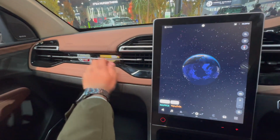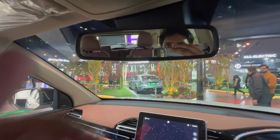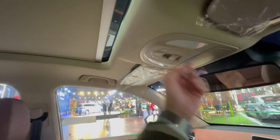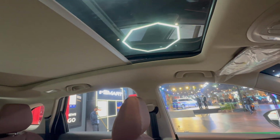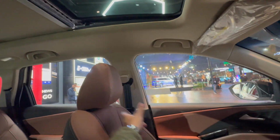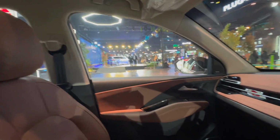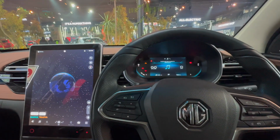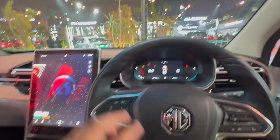The dashboard is something that I love because of these redesigned AC vents with this aluminum and gloss black and a soft leather treatment. So that's really nice, contrasting colors also. Sunglass holder at the top with the cabin lamp controls. Obviously, you get automatic, powered sunblinds and a panoramic sunroof, which is huge, covers almost the entire cabin up to the 2 rows. Obviously, you get very nice bolstering and cushioning and a good broad headrest. So that's nice, and the seats are really comfortable. So no marks cut in terms of the comfort that you get in any of the seats in the MG